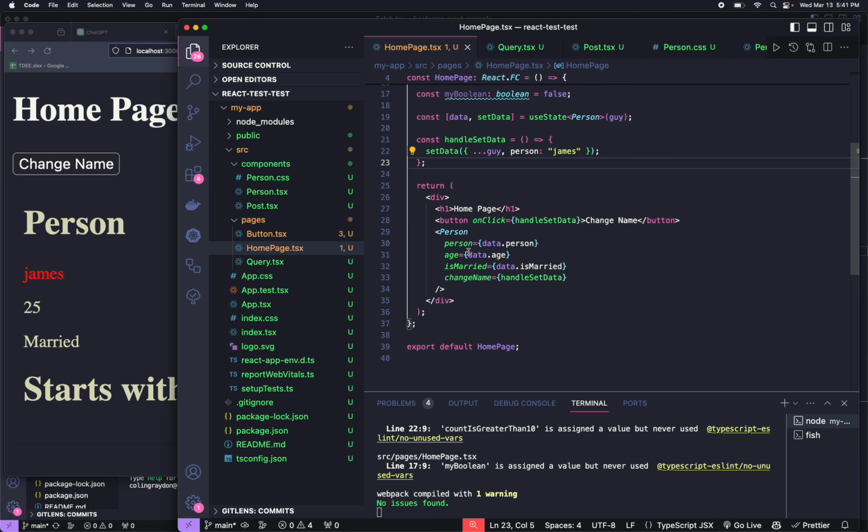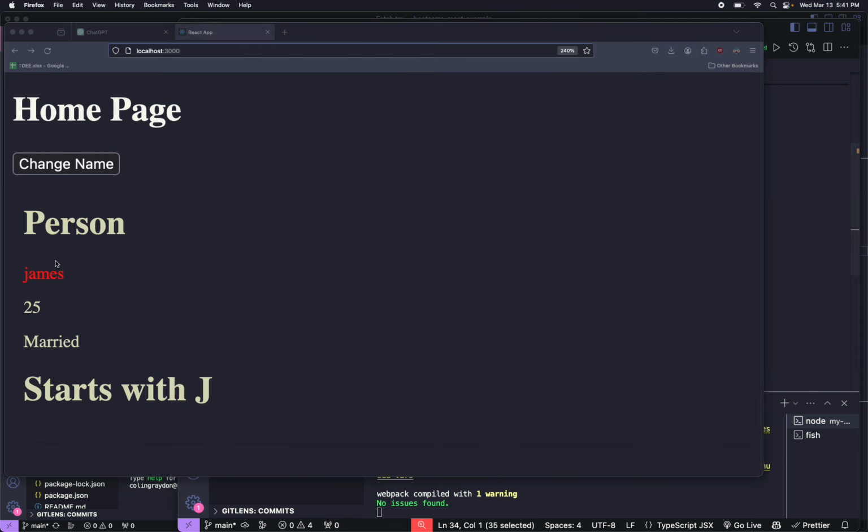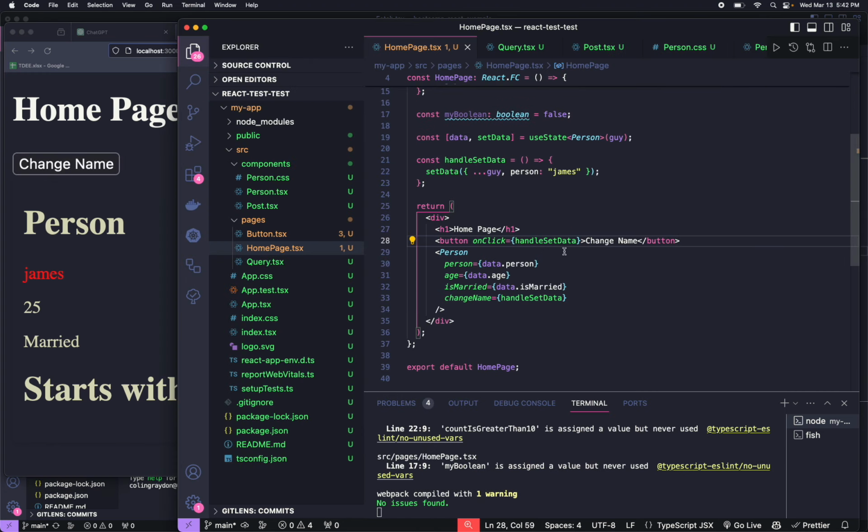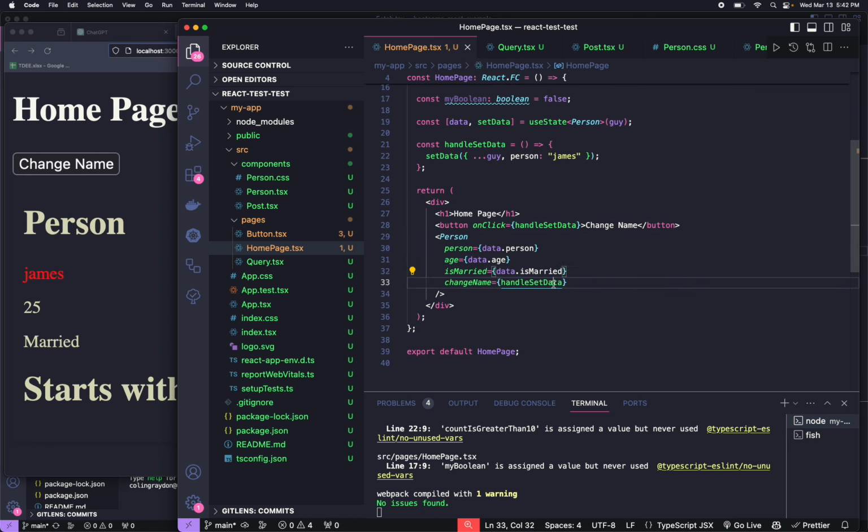But we want this button, and the button is part of, oh, I'm so sorry, the button is not part of it. That's the change name button. We can also do this. Okay, so I made this if we have multiple persons, multiple people, but